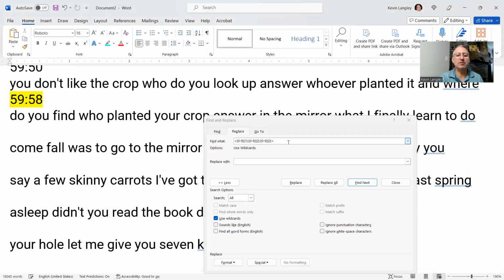Go back to our document. Click next to find what in the replace window. Hit Control V. Don't do anything with replace with. Make sure that use wildcards is selected, and then